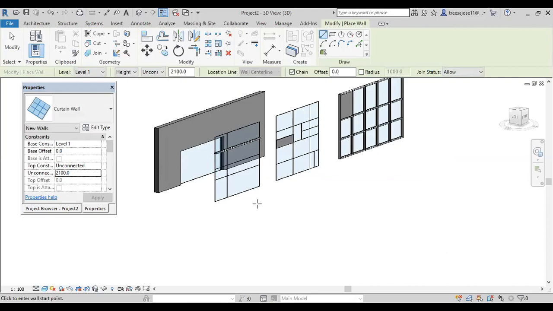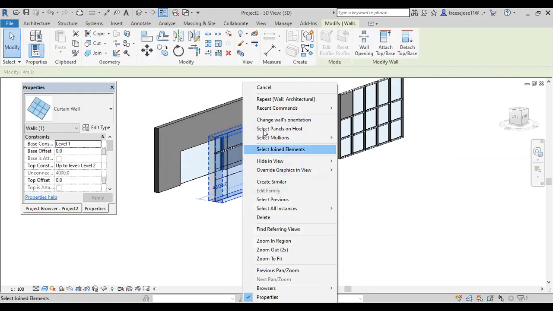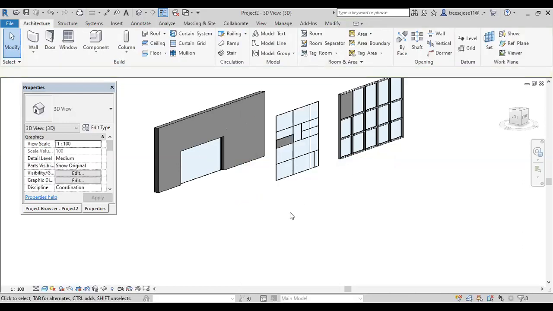Then one more small thing, and after that, I think better we have to wind up that section. Sometimes while working, I need to hide that one. For that, you can select this one and right click. There is an option called hide element or category. Hide element means this element will be hidden. Category means the whole curtain wall category will be hidden. The element means the element will be